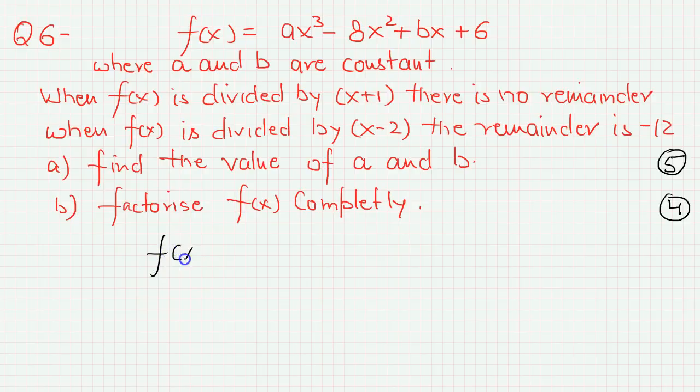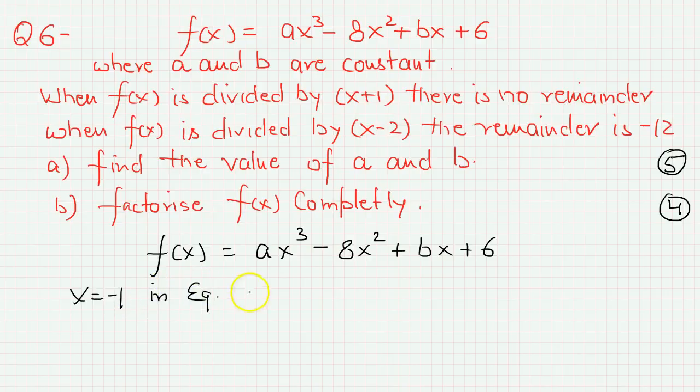It says that if fx is equal to ax cube minus 8x squared plus bx plus 6. Now here we have to find the value of a and b. So it means we will make a simultaneous equation in a and b and we'll try to solve it. It says that when fx is divided by x plus 1, there's no remainder. So according to remainder theorem, if we put x is equal to minus 1